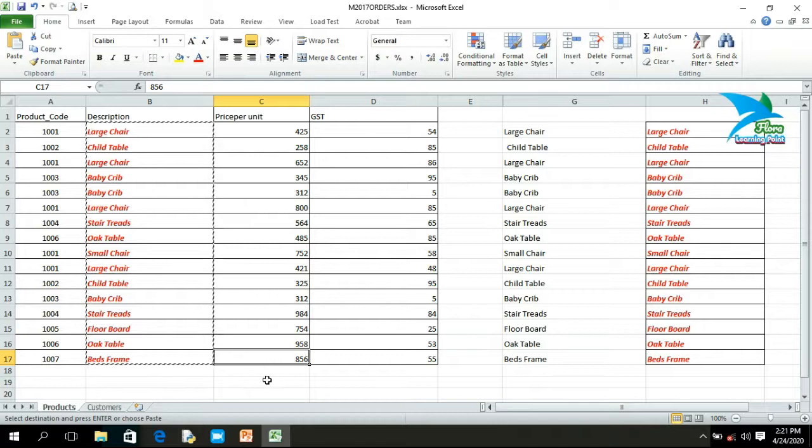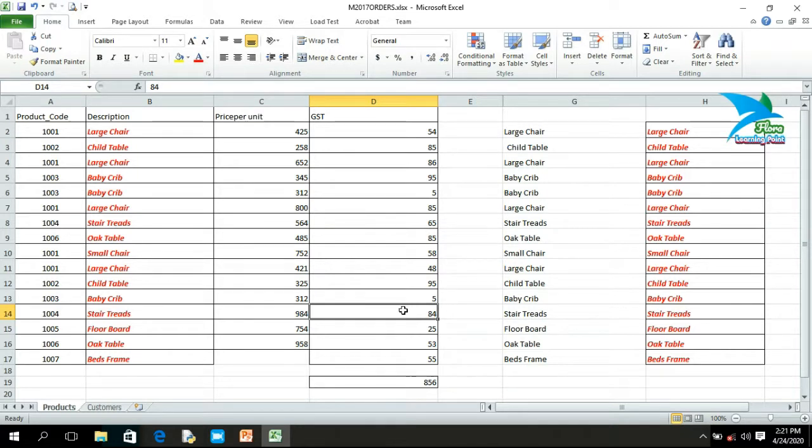If you want to move some cell value to another location, then you can drag it. You have to select that value and drag. When your mouse pointer is converted to the four-pointer shape, then you can drag that value to another location. That is known as dragging for moving the cell value.